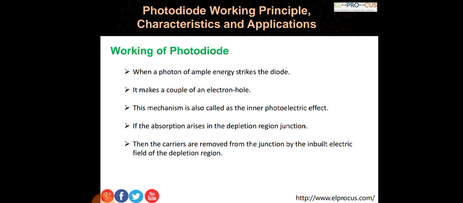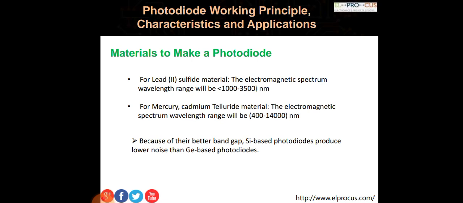Then the working of a photodiode. All of you know that it always works in reverse bias condition. Its N side is connected to the positive terminal of the battery, and the P type is connected to the negative terminal of the battery. So it is in the reverse bias mode of operation. When light from outside is projected on the junction of the photodiode, it is in reverse bias.